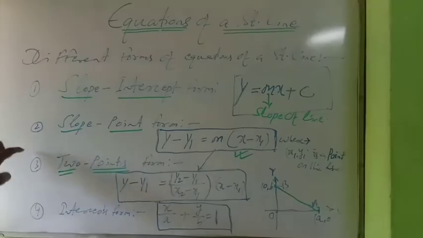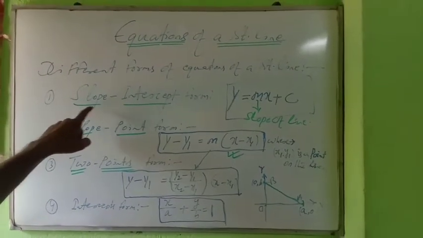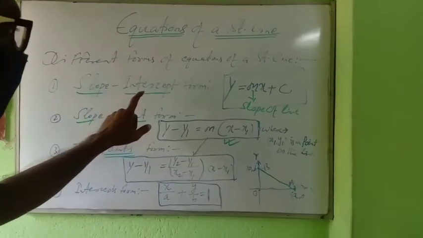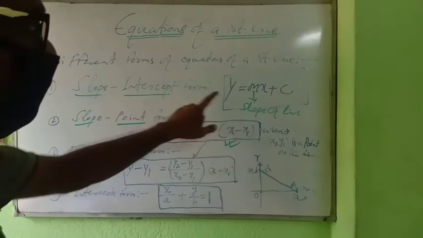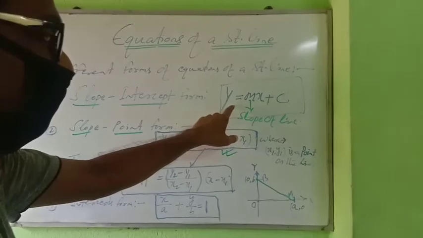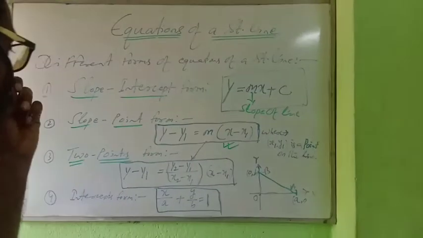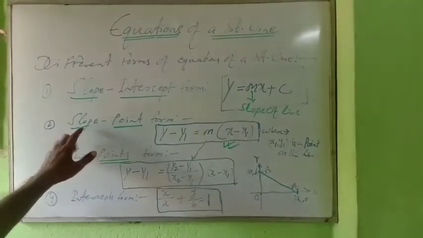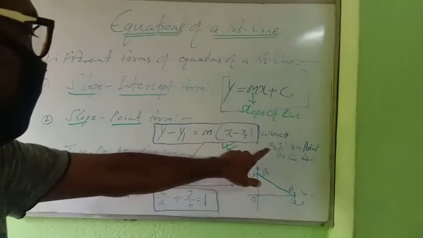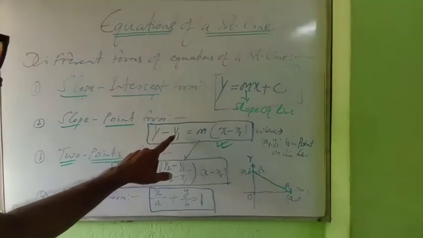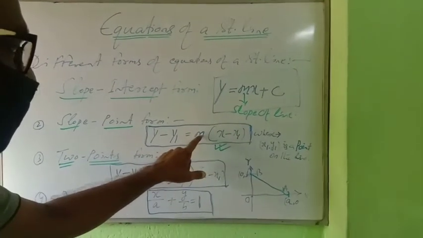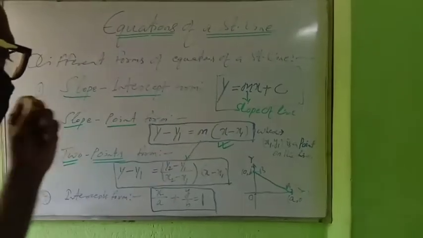Total how many formulas are given here? There are 4 formulas. First one is slope intercept form. Make it clear. If slope given, intercept means y intercept given, you have to apply the formula y equal to mx plus c. x and y will be variables that will be present in the equation of the straight line. Second is if slope given and one point on the line given, that point is x1, y1. The format will be y minus y1 is equal to m times (x minus x1). M stands for slope and x1, y1 is a point.